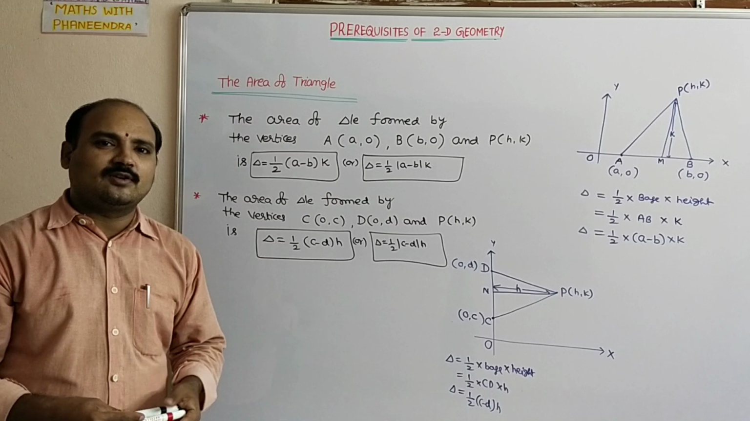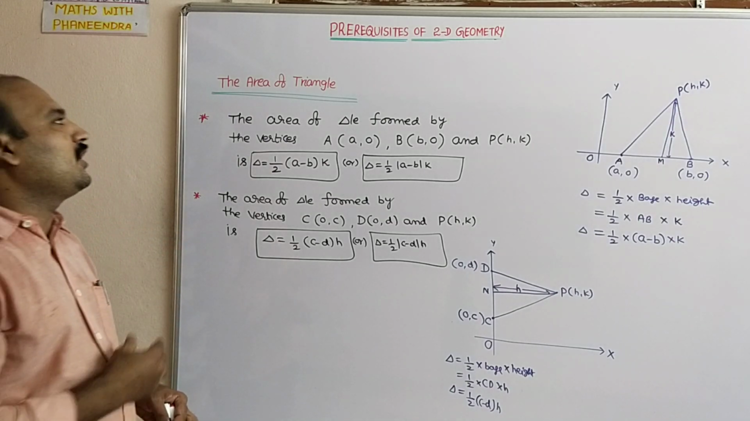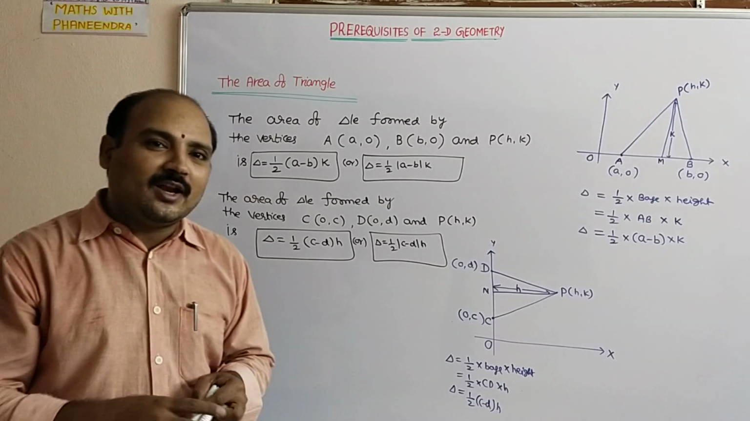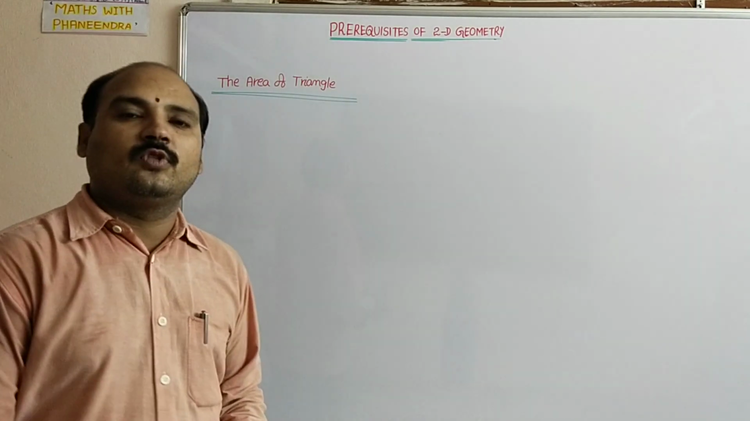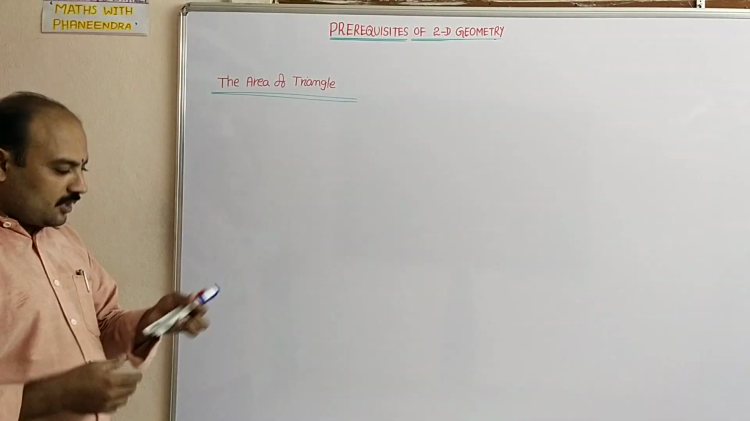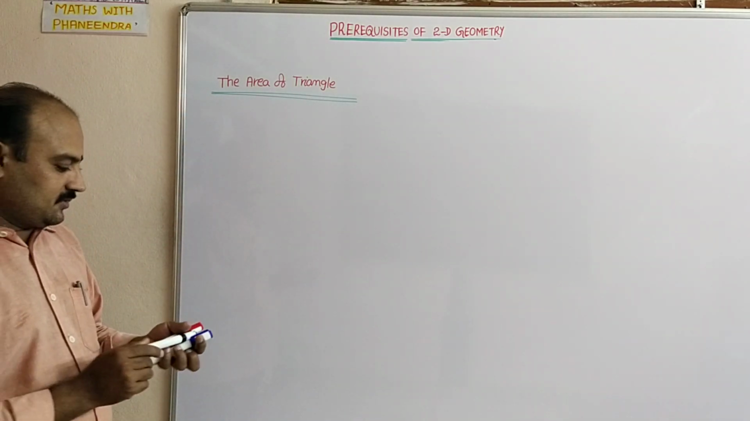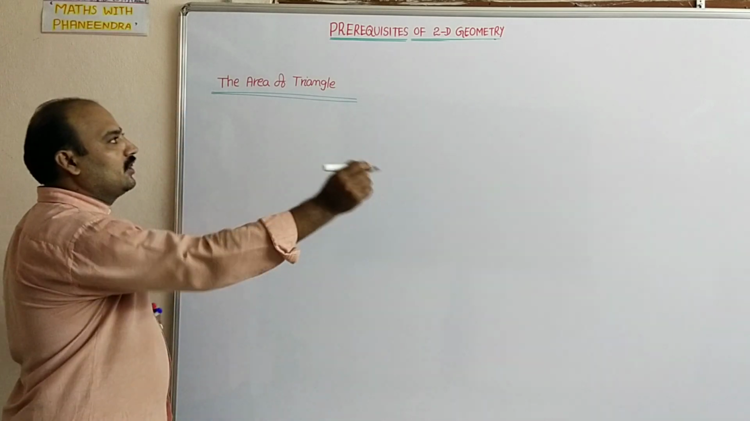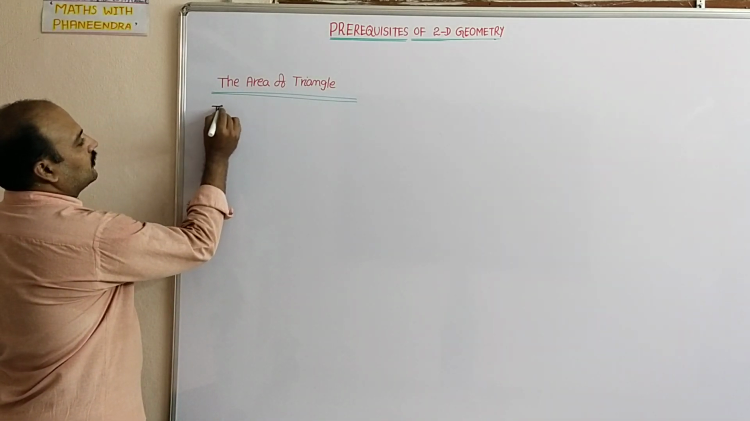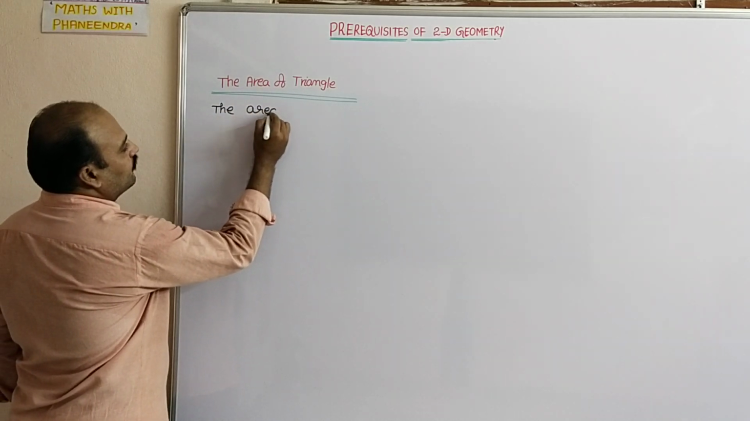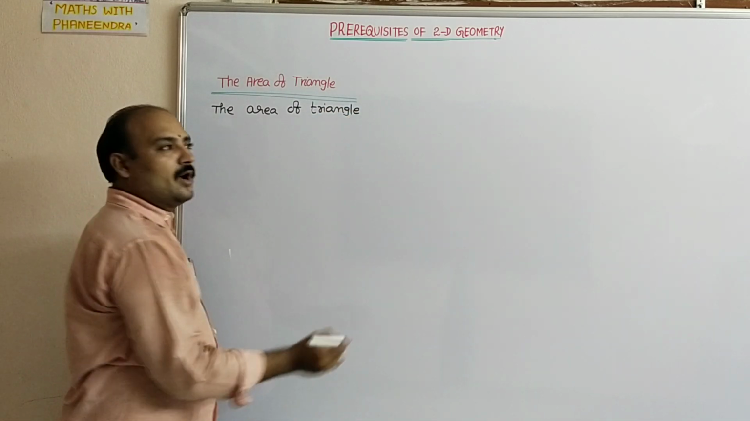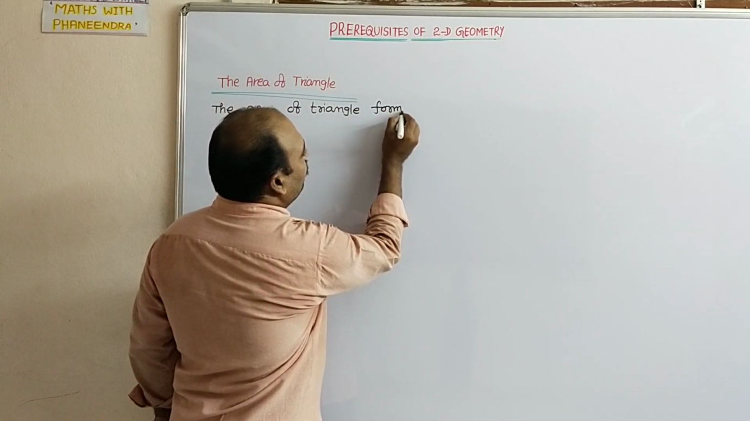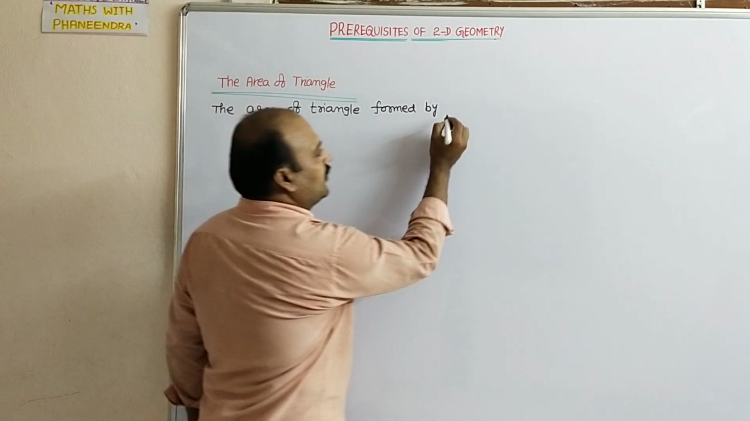We will move to the next concept. That is also the area of a triangle only. But when the lines are given, how to calculate? The next one: the area of the triangle formed by the lines